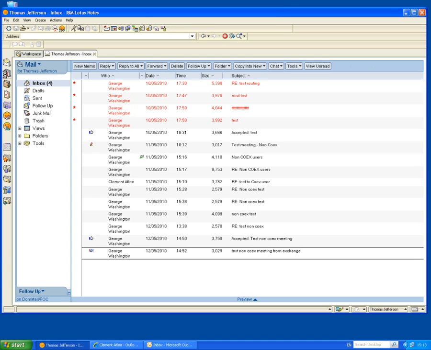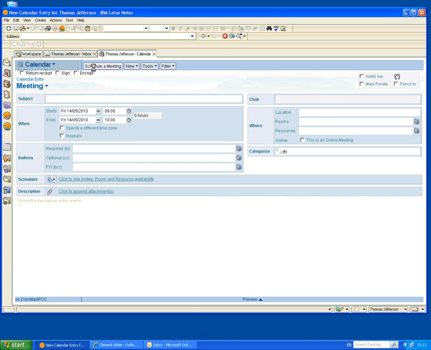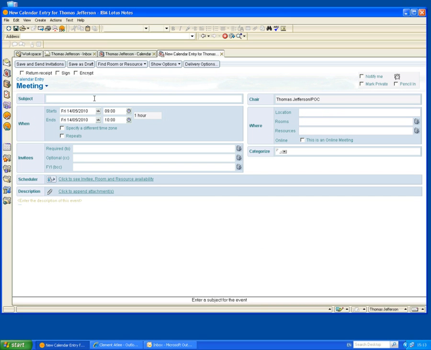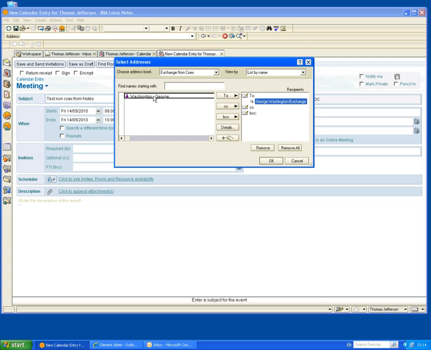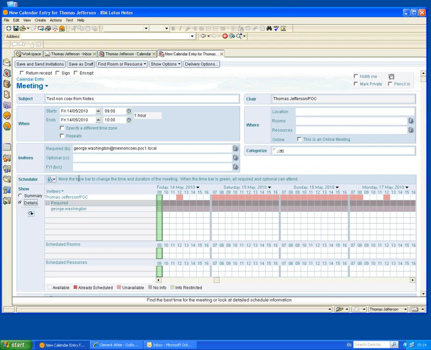So I'm going to open Thomas's calendar and create a meeting for Friday, schedule a meeting, and this is going to be a test non-coex from notes, so we can just tell what it is, where it's coming from. And I'm going to invite along George Washington, do a quick check to see if he's free,